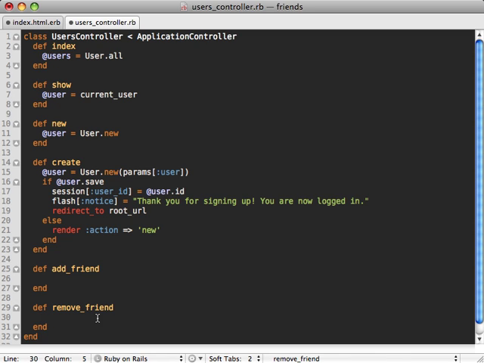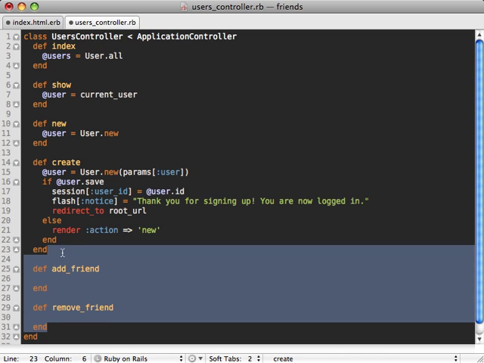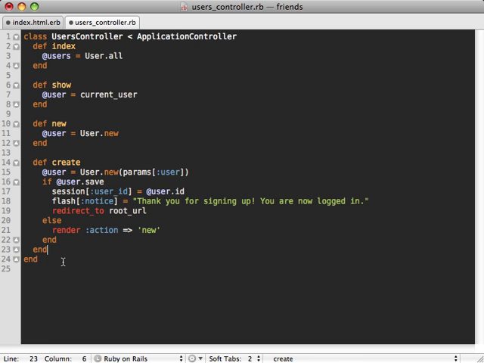So that is a few things to watch out for as you're adding controller actions to determine if they really belong in that one controller. In this case, they don't belong here at all. Usually the solution is to create another controller for handling that. In this case, we want to create a friendships controller with a create and destroy action to handle creating and